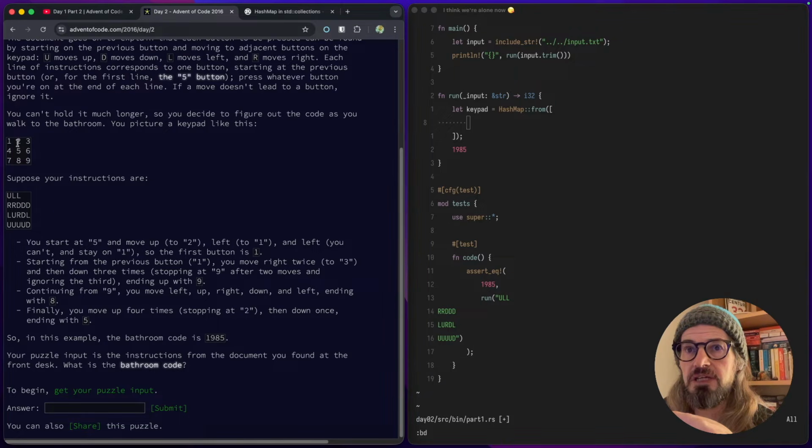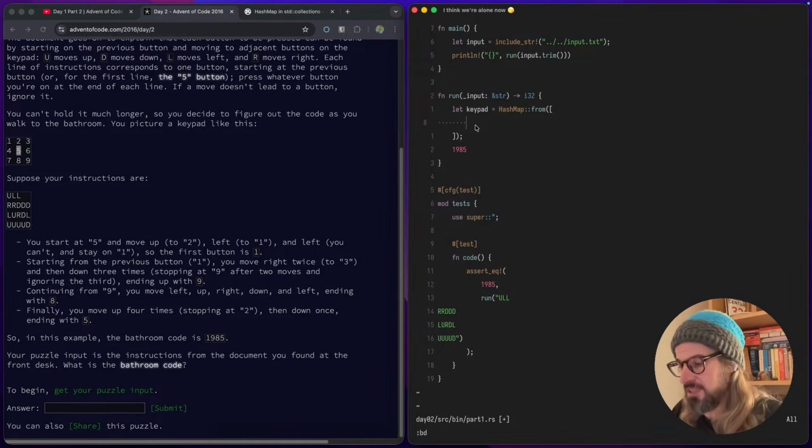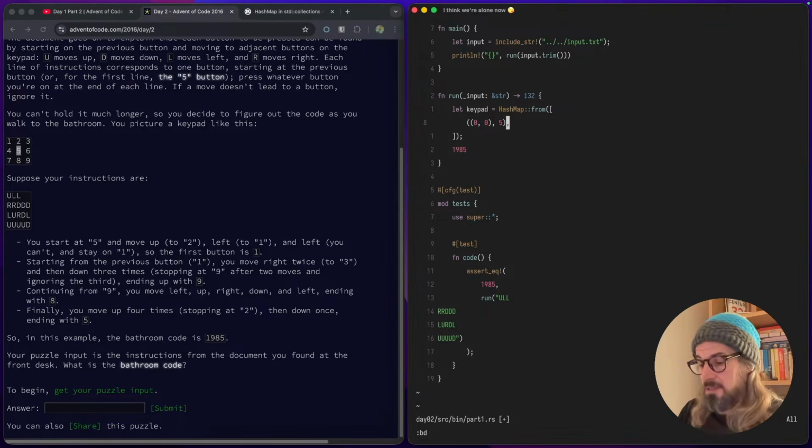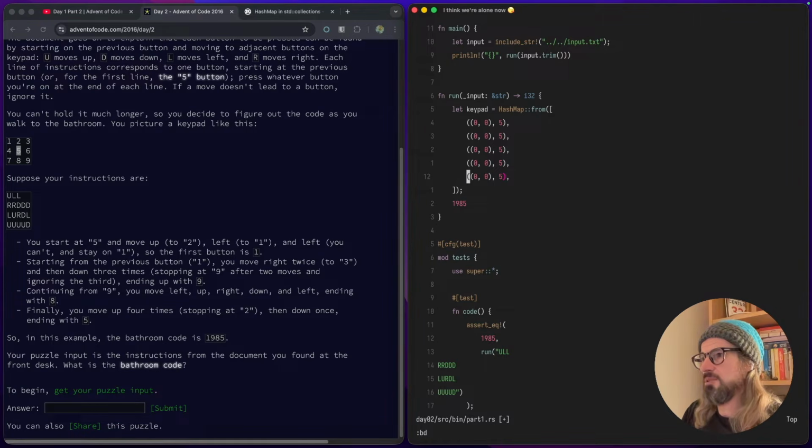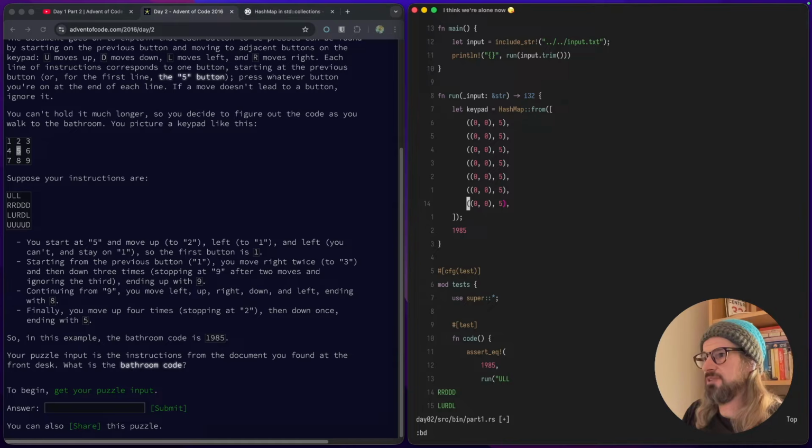And if I can keep moving, I keep moving. So for 5, what I'm thinking is I have as the key a tuple of 0, 0, and then I have the actual value in the map. So yeah, I think that will work. So if I copy that, we'll have 1, 2, 3, 4, 5, 6, 7, 8, 9 of those. And then all I have to do,